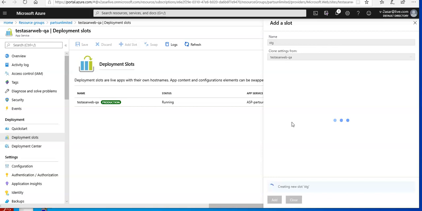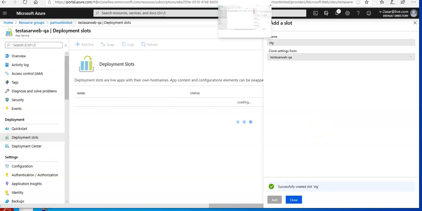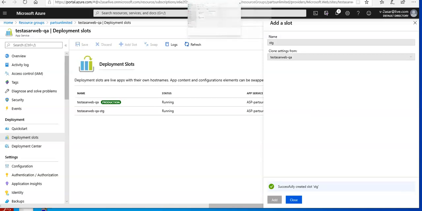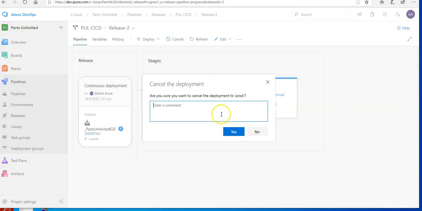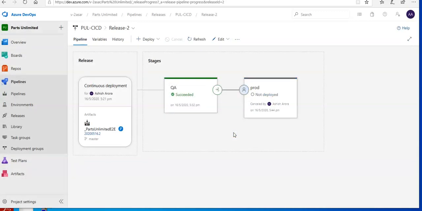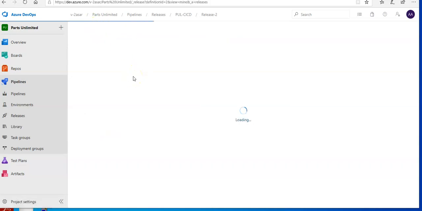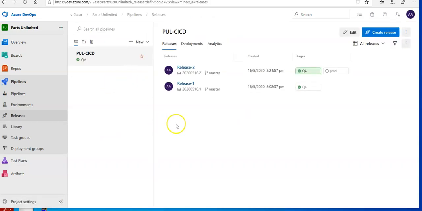So you will do here. So let's say it is creating a new slot here. So if you would come to your task here, let's say you come here, and if you would see this is succeeded, I'm going to cancel it for now. I'm going to say cancel. Okay. So it is not deployed here. So let's say you want to go to your pipeline here, and if you would edit this pipeline,